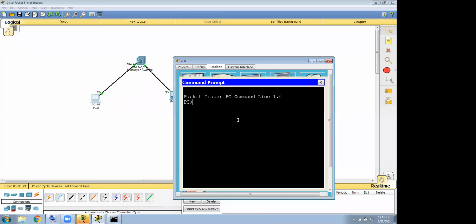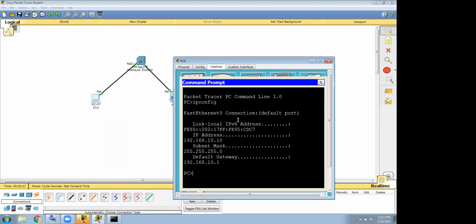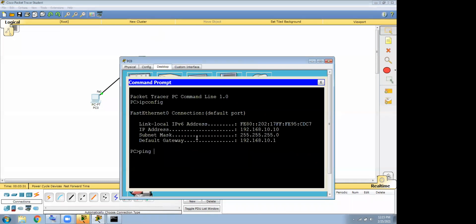Okay, now if I go to this machine, what is the IP config? Can I ping 192.168.20.10? No, how can I reach there?